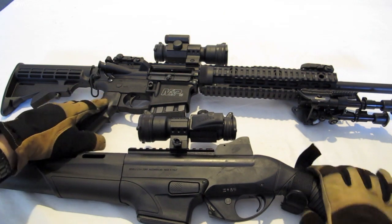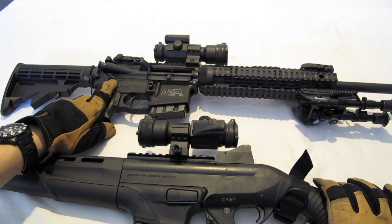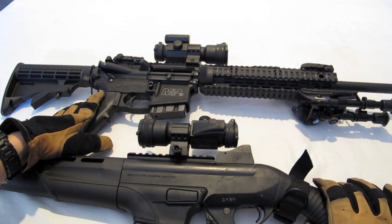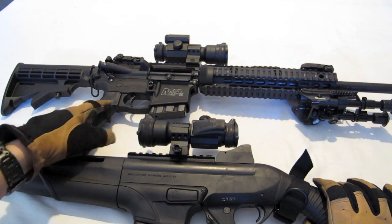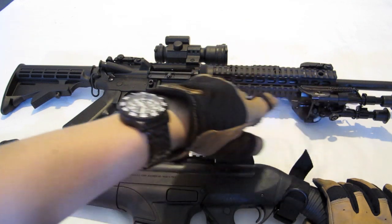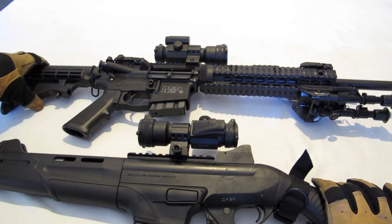It's not really a statistic that you can put on paper, but this one just feels better than this one, if that's easier to explain. This one is easier to field strip, it's easier to clean. Just for reference, this is a piston and this is a DI gun. It's easier to clean, although you have to clean it more often. There's more accessory rails. I have so much rail space that I don't even know what to do with it all. You've got the adjustable stock, and